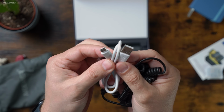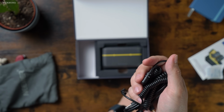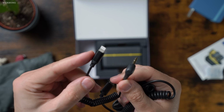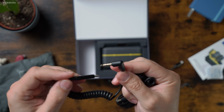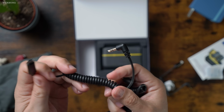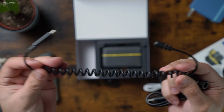The first cable we have is a USB-A to USB-C cable, as you can see here, so for data transfer. The second cable, it's a TRS cable to Lightning for older iPhones to connect, also included. The next one is a TRS cable to USB-C, so a normal USB-C. That's great, and also all these cables are expandable, so you can use this here to enlarge this cable,